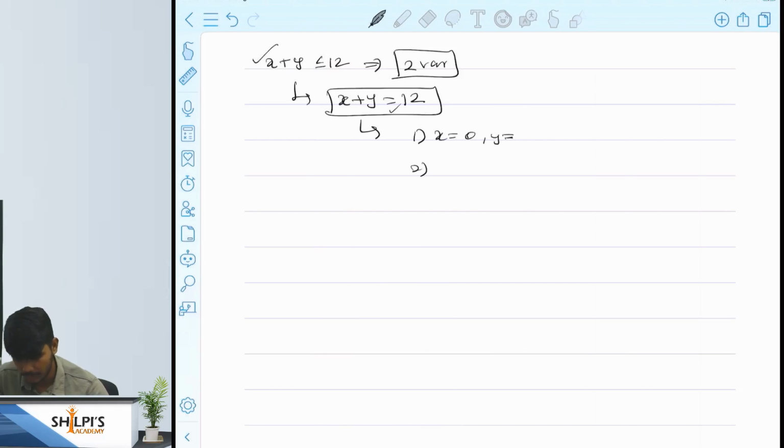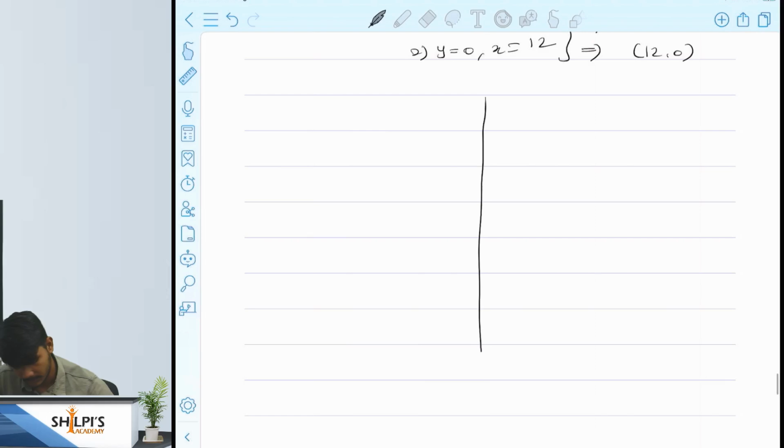Substitute x equal to 0 and you will get some value, substitute y equal to 0 and you will get one value. So as of now I will get 12 for both x and y in these two situations. From this I will get 2 points: 0 comma 12 and 12 comma 0. So simply plotting these points,